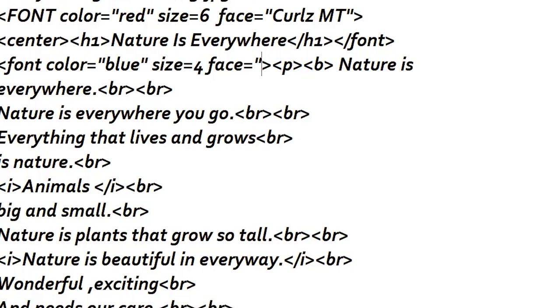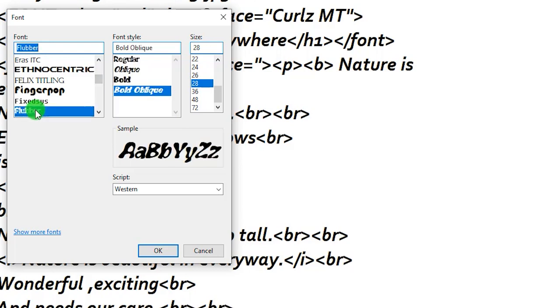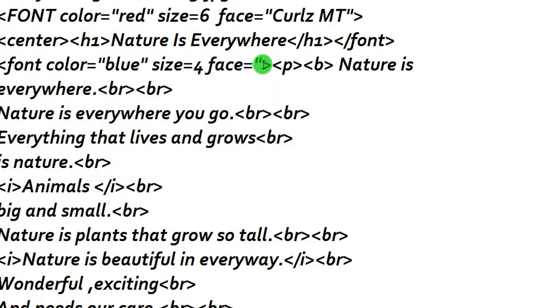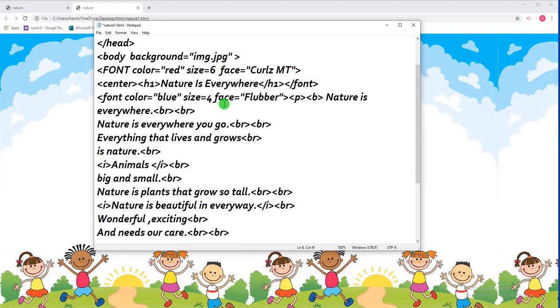I go to the format option, I go to font, and in the font I choose a font. Suppose I choose this font. Okay, I'll right click here at the top where the name of the font is coming. I'll copy it, close this dialog box, come to my font tag, press the double quotes and press Control V, close the double quotes, and that's it.